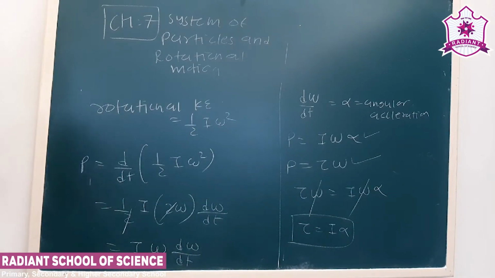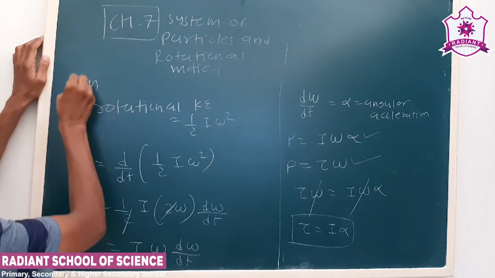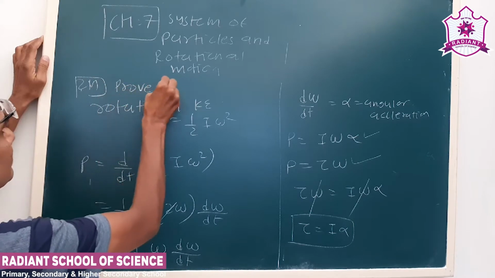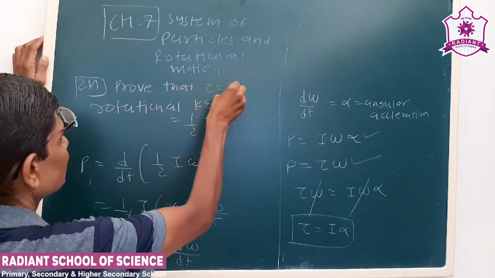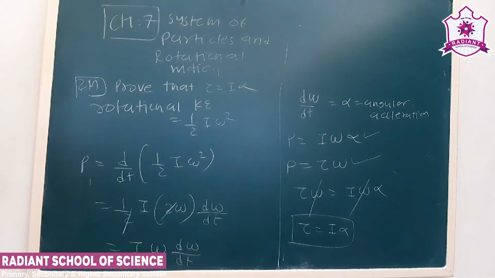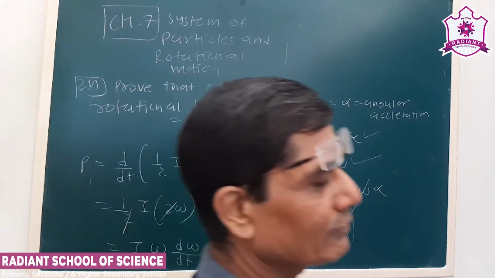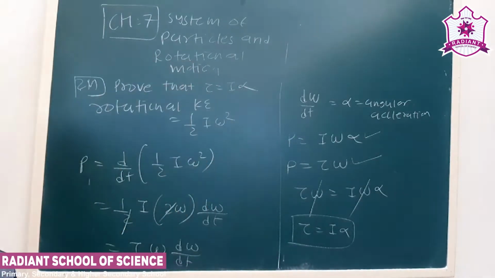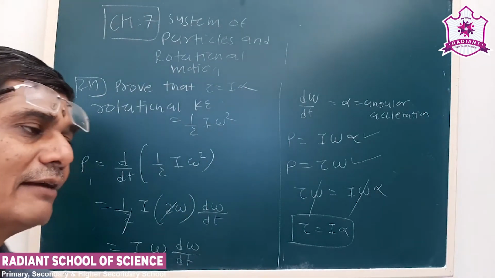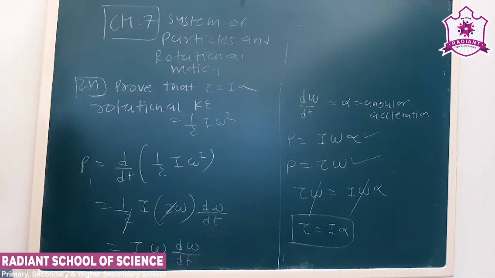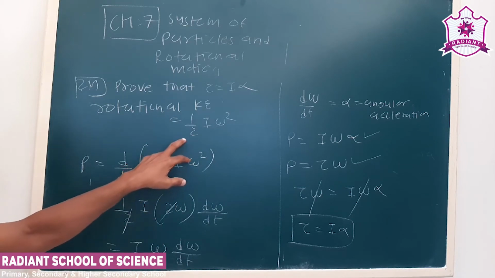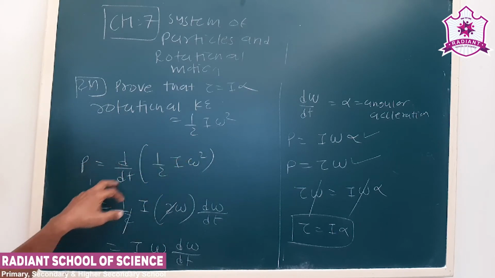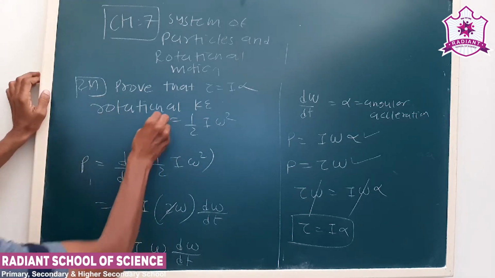Okay, now this can be asked in a 2-mark question. It can be written like this: prove that torque is equal to I alpha. So what we have done here, see, we know the equation. See, the rate of change of work is power. Rate of change of work is nothing but energy. See here, when we talk of the rotational motion, we have to talk of rotational kinetic energy. Now we have seen the earlier equation, rotational kinetic energy is 1 by 2 I omega square. So power is d by dt of this, that we can write in terms of work only.